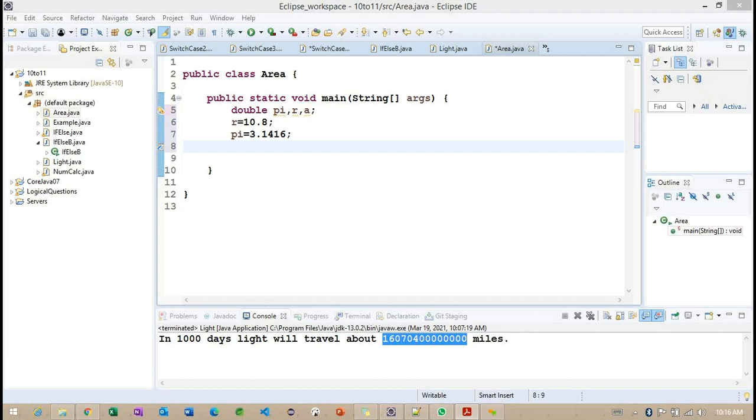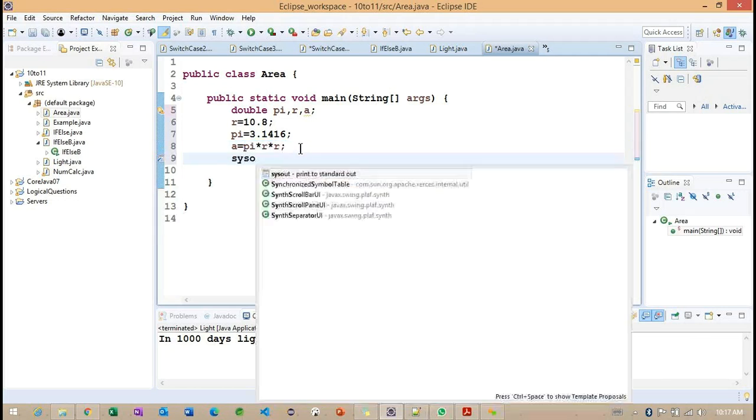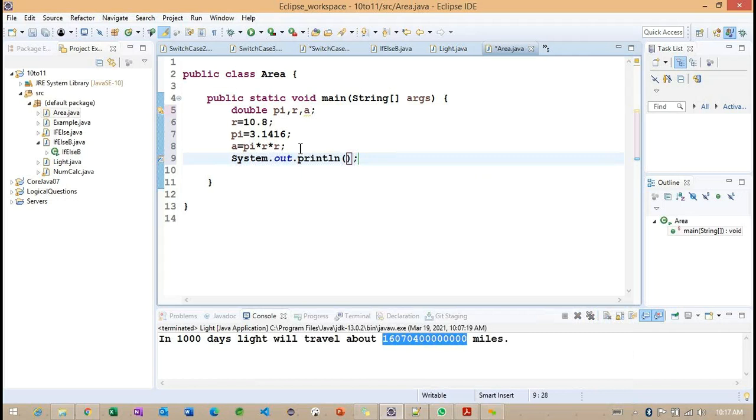So to work with pi r square, what are we going to do here? So simple. R, if we observe, R. Yes, good. Now first we need to work with the pi, and later r into r. So using this particular logic, we'll try to find out the area of this particular circle here. Getting the point? Now after finding this particular area of circle, we'll try to print out this particular area of circle here.